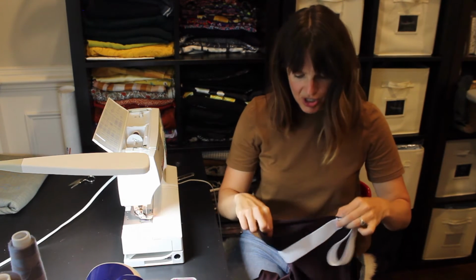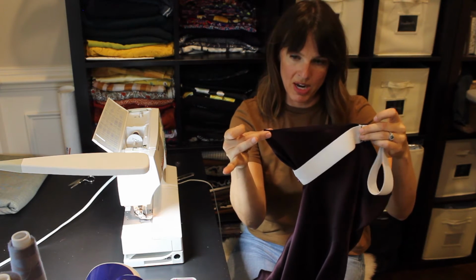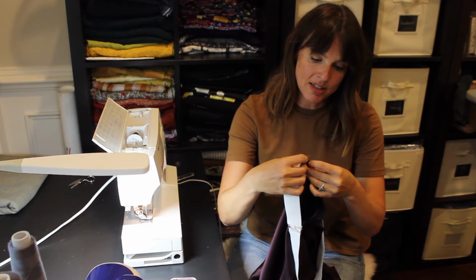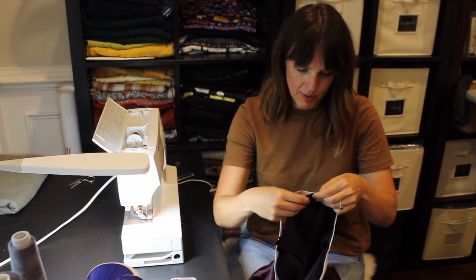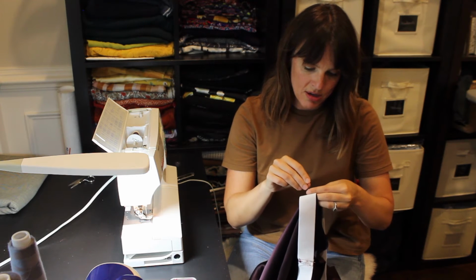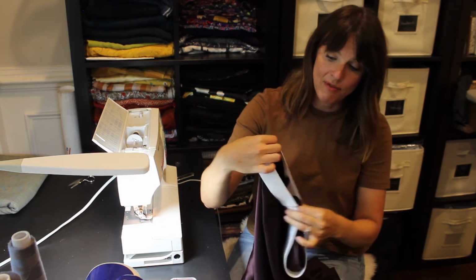Again, try not to stretch it too much, but I'm gonna line up the side seams and find that halfway point. I'm going to line up the elastic with that and put a pin in it. Pin it all together. Okay, so now we have three,